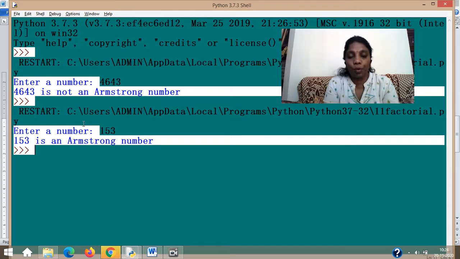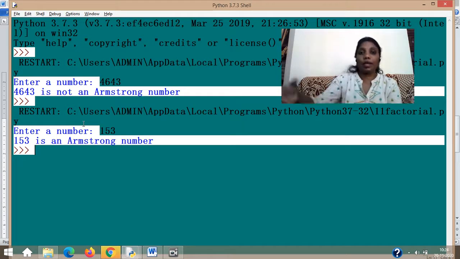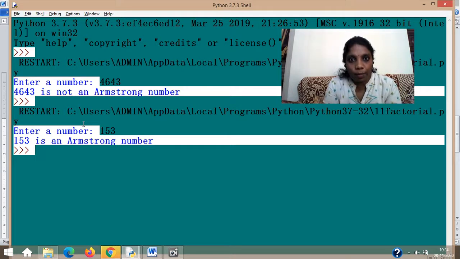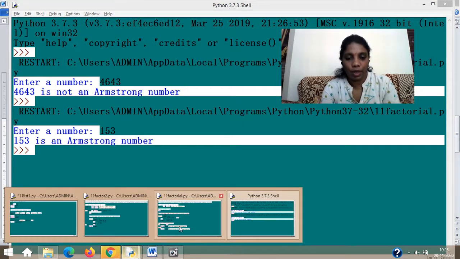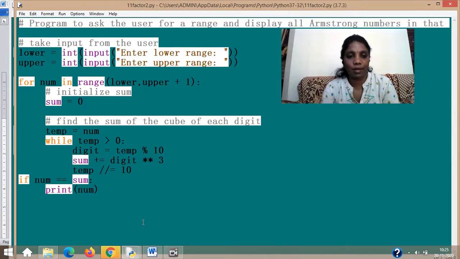The assignment gave you something else, to print the Armstrong numbers from the range of 1 to 100 or say from 1 to 1000. Then the process varies a little. So we are going to see that code now. Okay, now this is it. I've already done it and kept it to save time, otherwise my typing skill is not that great to type it very fast. So, a program to ask the user for a range and display all the Armstrong numbers inside that.